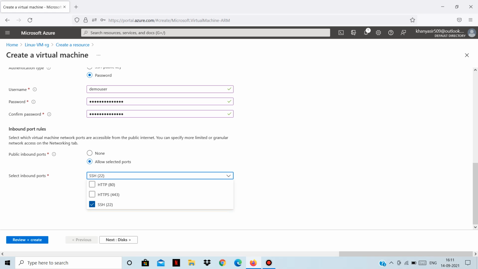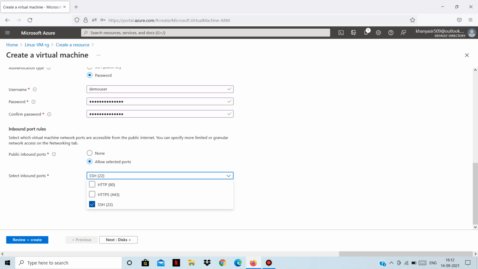Already SSH at port 22 is selected, because to connect to a Linux virtual machine, we don't use RDP like we did for the Windows virtual machine. To connect to a Linux virtual machine, we use Secure Shell. Okay, and that Secure Shell runs on port 22. So we need to allow port 22 of our virtual machine to be accessible from the internet so that we are able to connect to this Linux virtual machine.